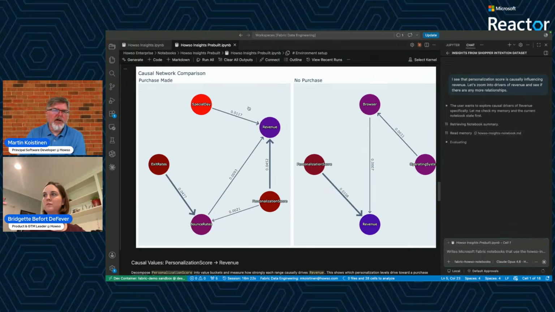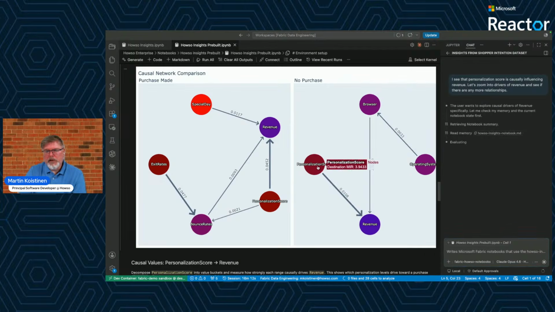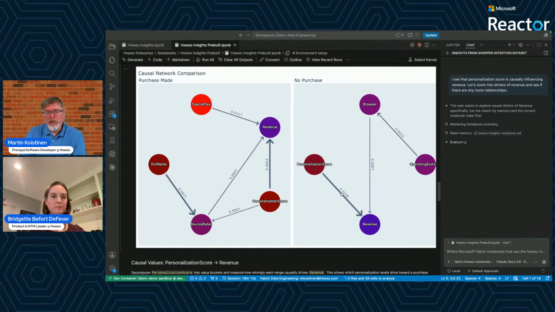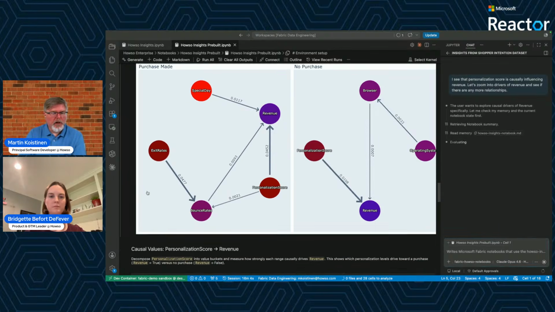This side over here is more about whether or not a purchase was made. And here we see the strong relationship with the personalization score. And it wasn't so important over here. It's still the most important thing over here, but it's not as strong because they probably bounced before they did anything. Anyway, I don't want to dwell on that.